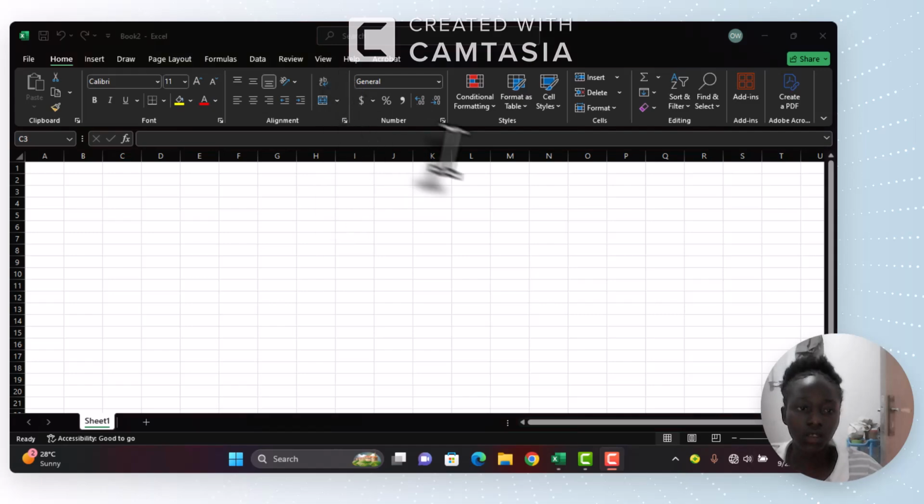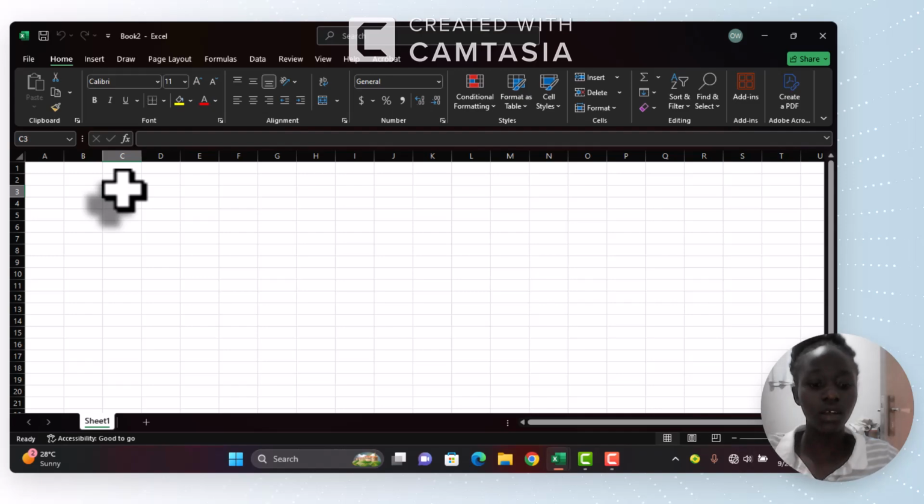So Excel also has the formula bar, which is this upper line here. It's called the formula bar. It shows the formula that I've used to find the answer in this cell. Like if I press here in this active cell,